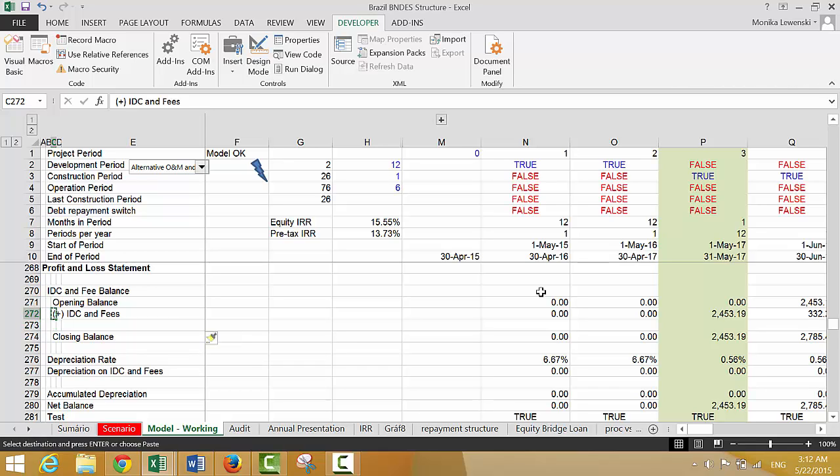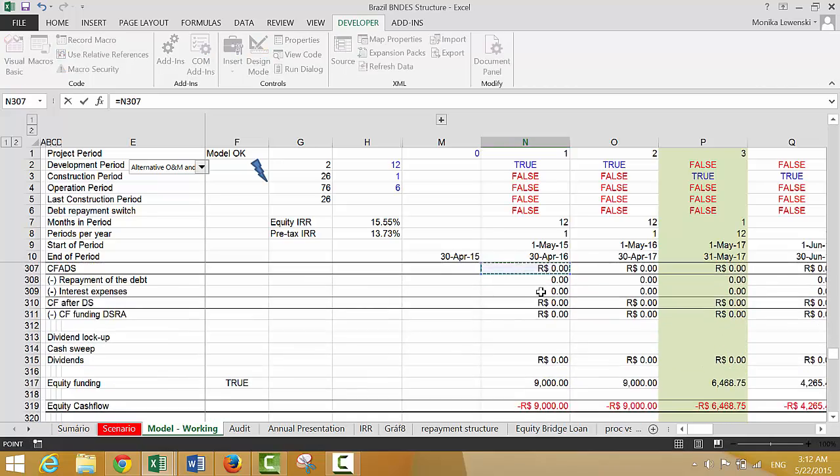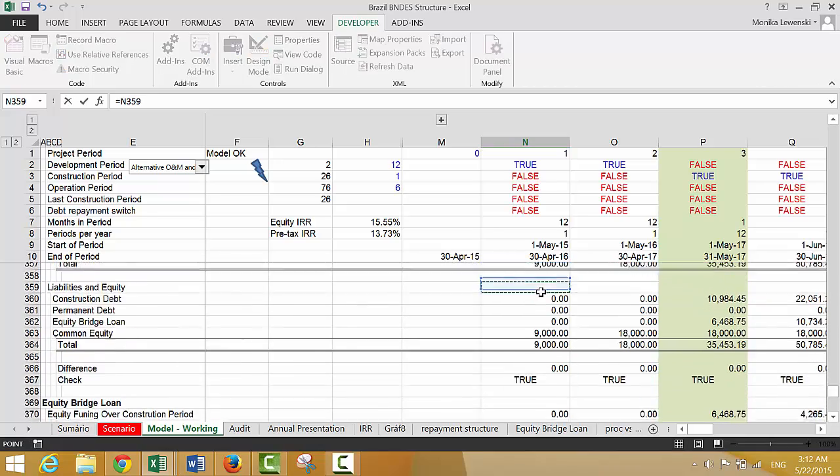Okay. IDC on the bridge loan. Okay, and all we do is go down and get that interest from our